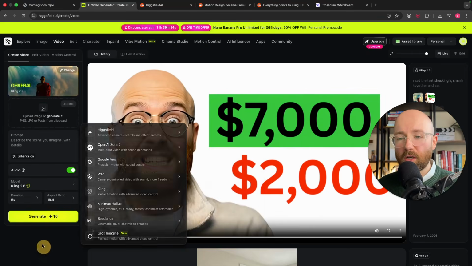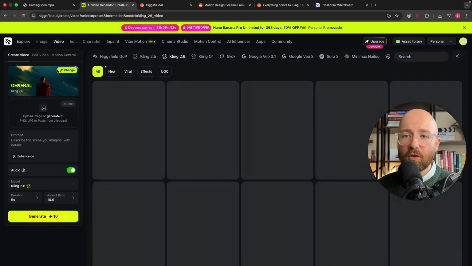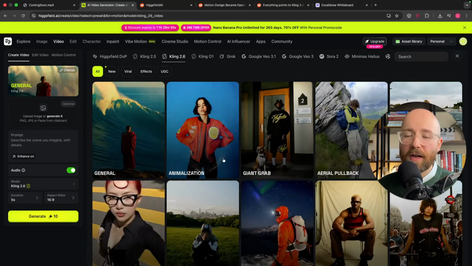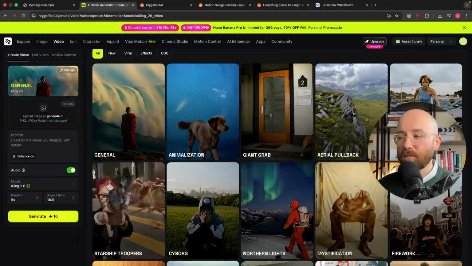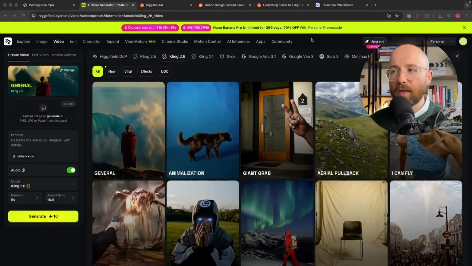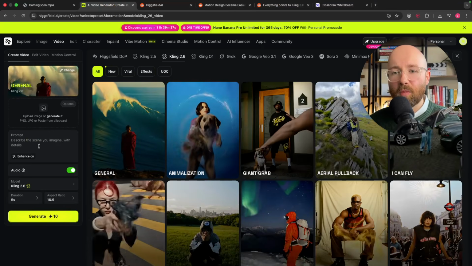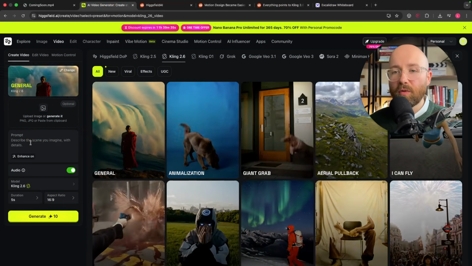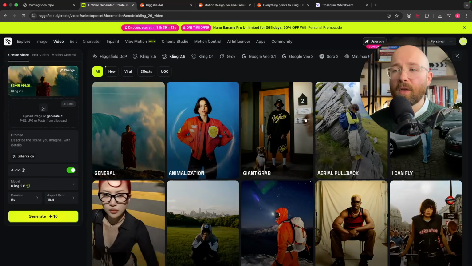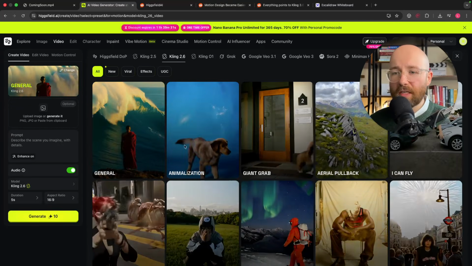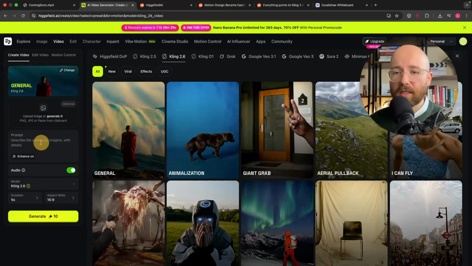But in regards to Kling 2.6, you can go here and you can get a different variety of presets. So I'm sure they'll release similar things, although we'll go into it in a moment. But they're going to have a new type of canvas in how you actually interact with the AI. So instead of having just a prompt here, it's going to be like a whole storyboarding thing that you can use as well. So of course we can use any of these presets in Kling 2.6, give it a prompt